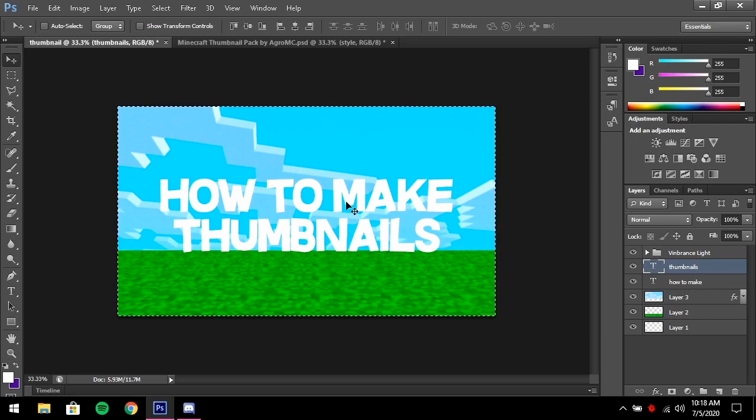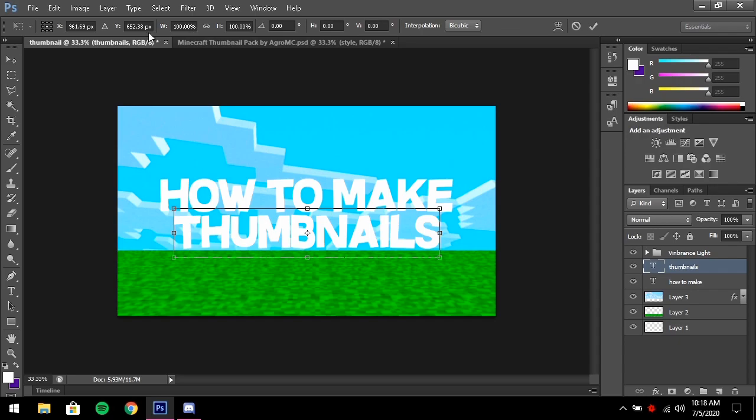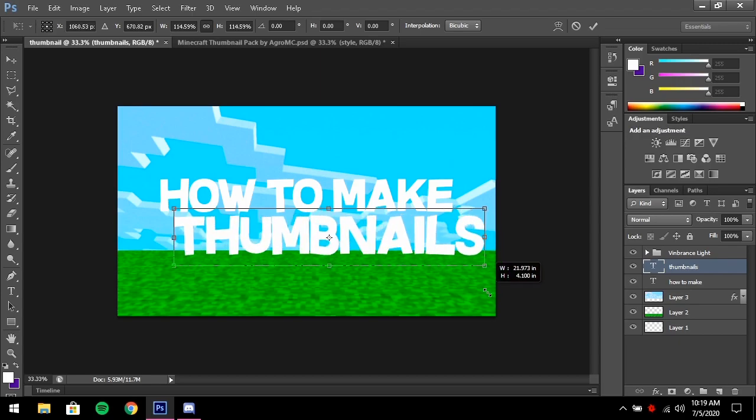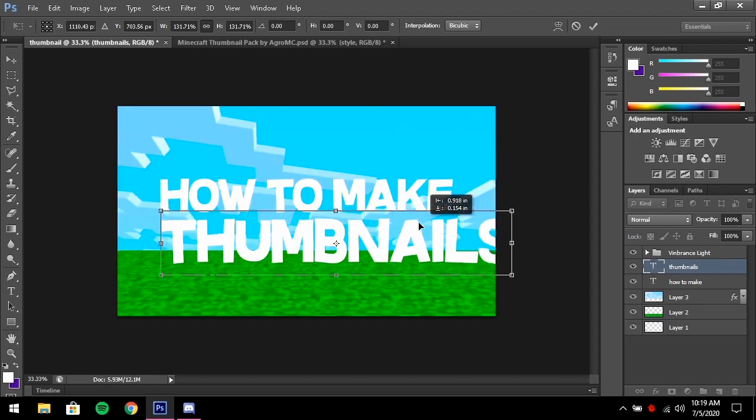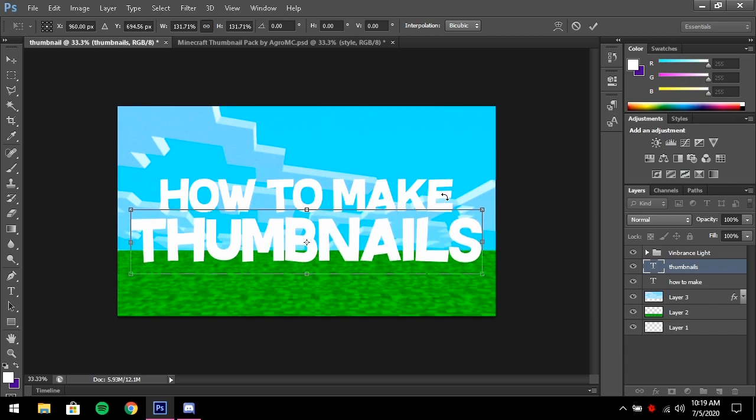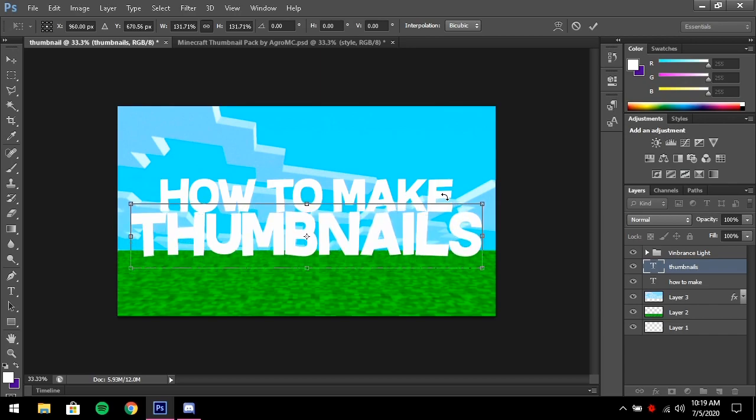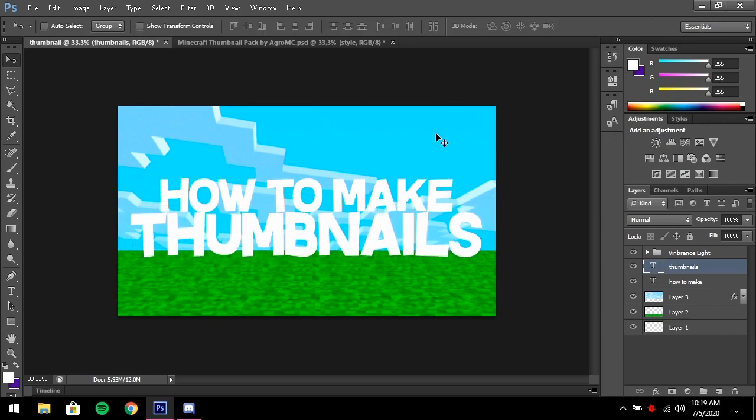I'm gonna center this as well, and I'm gonna make this bigger by going to Control plus T, and then click on this button here next to H. To the left of H, click on that button and click on the corner right here and drag that to however big you want it. That is around the perfect size for me. So just click on the check mark here,